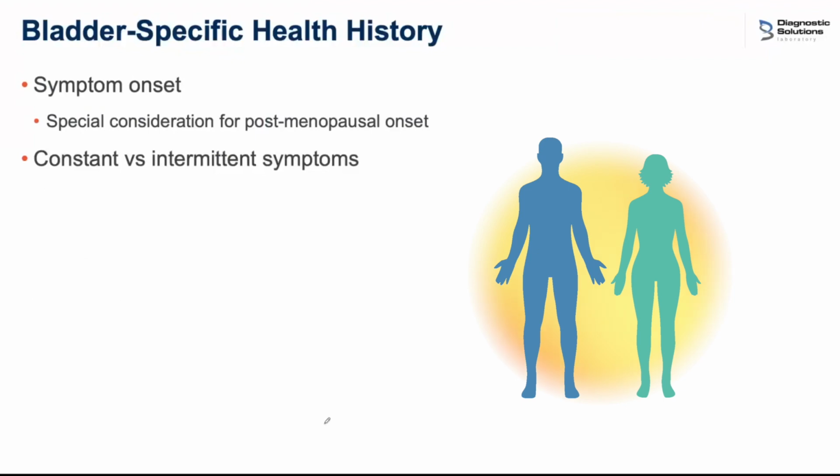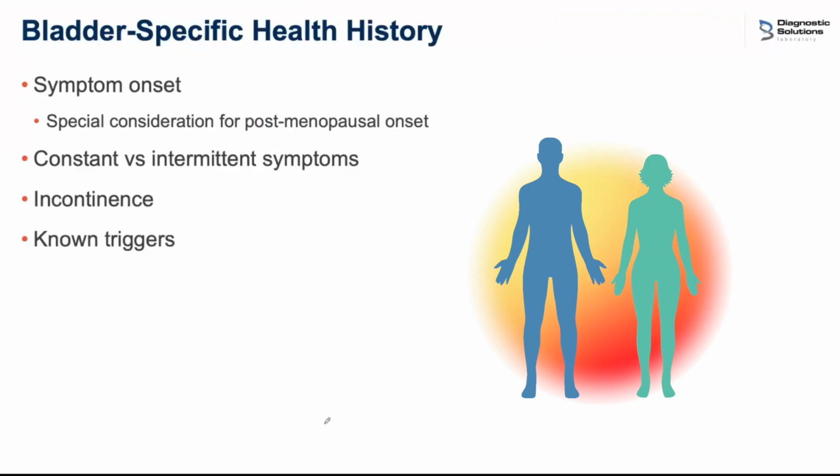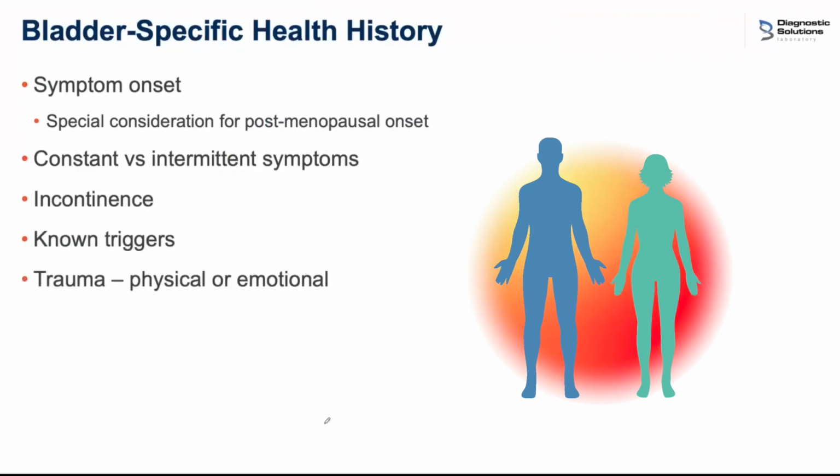I want to know if my patient's symptoms are constant or recurring. Maybe they're cyclical and can be modified by working on hormones. I want to know if there's any degree of incontinence. I want to know if there are any known triggers. I want to know, even on a very general level, without being invasive, if there is a history of trauma,